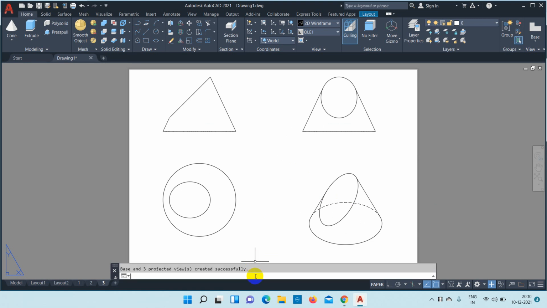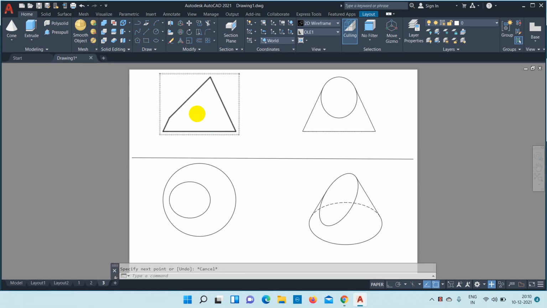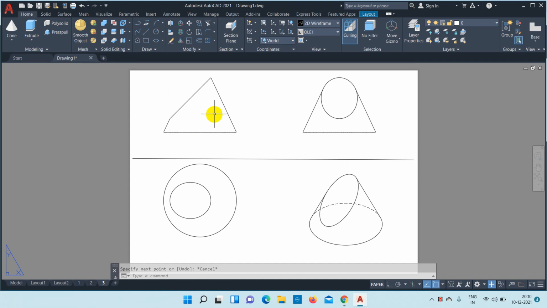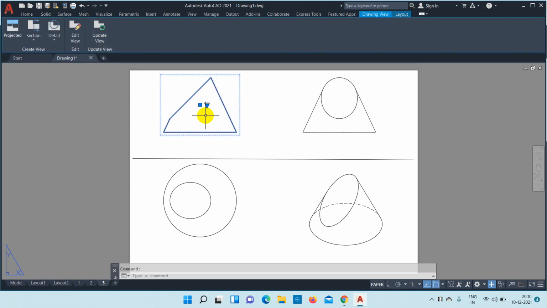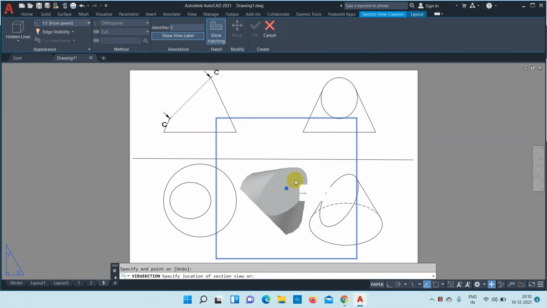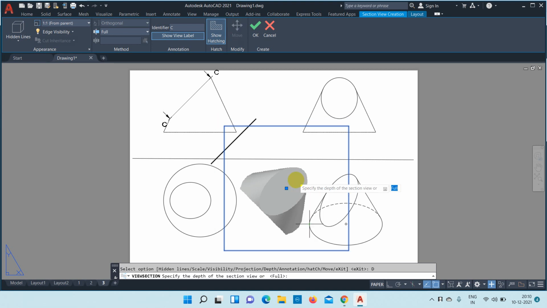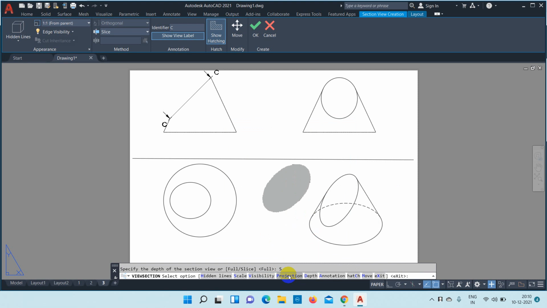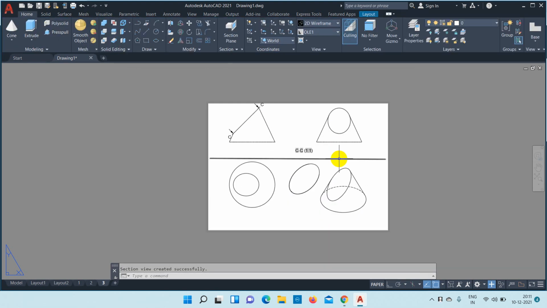Okay, you can draw the reference axis, reference line xy. Now you can select this object, select the front view, in order to get the true shape. Once you double click on that, you get options to draw the sectional plane. Again you click full, click from this end to this end and bring it down, click depth, then click slice, then enter. You'll get the true shape. Okay, this is how you have to do.